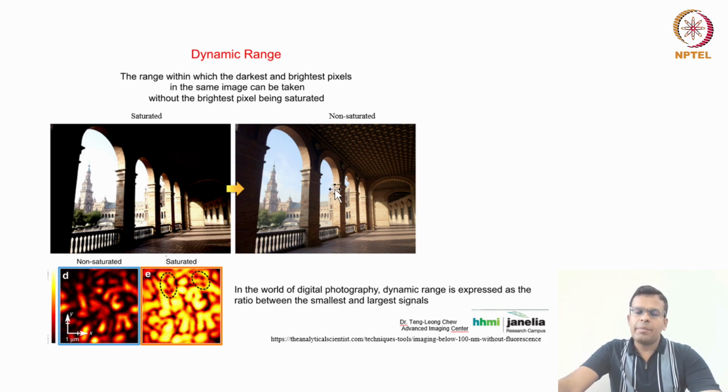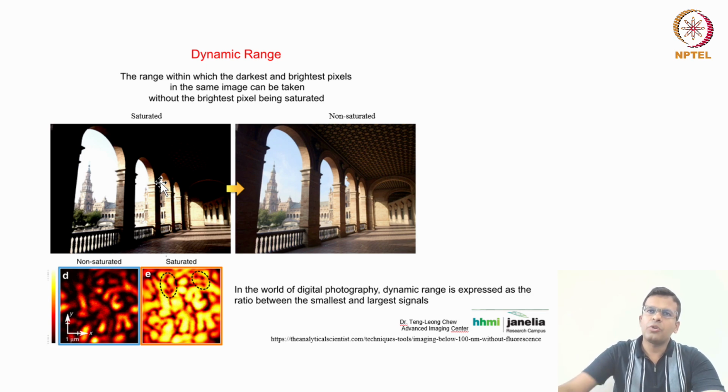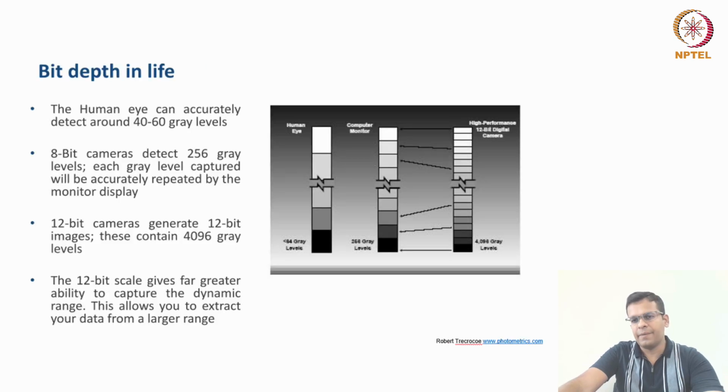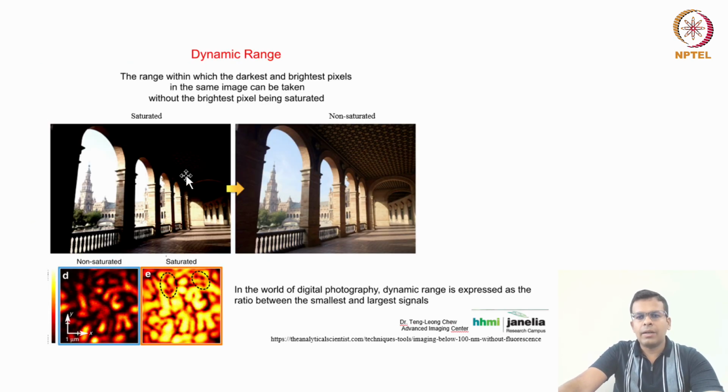So always while capturing the image, you should make sure that your camera pixels are not saturated with overlight or over photons. And in other words, what do I mean by the saturation of the camera pixel? Saturation of the camera pixel means your pixel is hit by so many photons that it cannot actually convert so many photons into electrons, and that depends on the bit size of the camera. So always make sure that you do not overexpose your camera pixels.